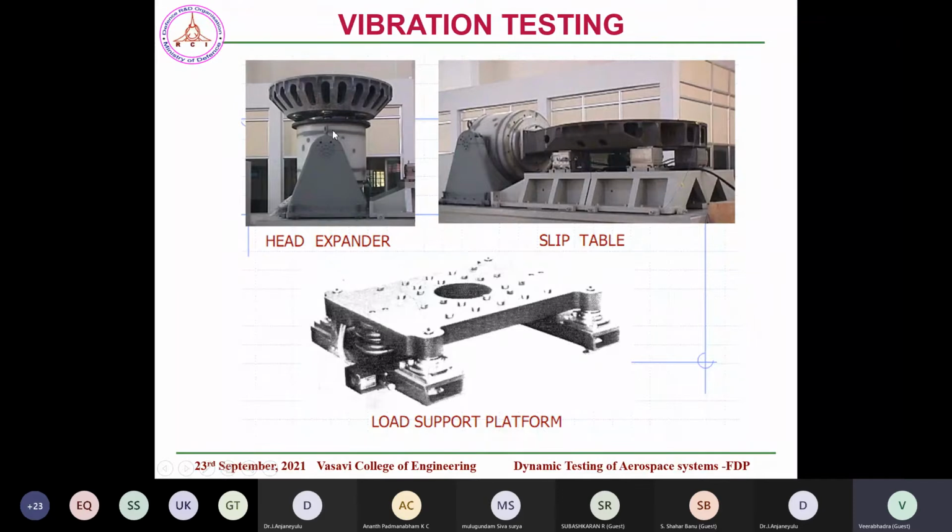Likewise, the shakers are also allowed to rotate 90 degrees to perform vibration in another axis. Typically all aerospace systems are supposed to be vibrated or tested in three axes. One axis is done in this mode, what we call the vertical axis, and when you rotate it and put onto another system called a slip table or other accessories, and then you mount the system here, you generate the other two axes. Once by putting here, and next you have to rotate the system or some other fixture. This is how vibration is performed in three axes for most of the aerospace systems.